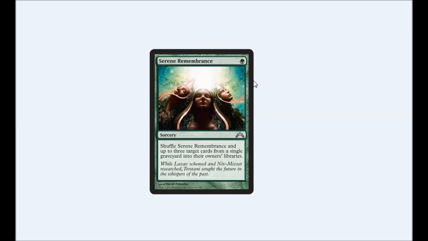Serene Remembrance, 1 mana, 1 green. Sorcery. Shuffle Serene Remembrance and up to 3 target cards from a single graveyard into their owner's library. This is pretty cool. And 3 target cards, so it can shuffle cards into your library from the graveyard and